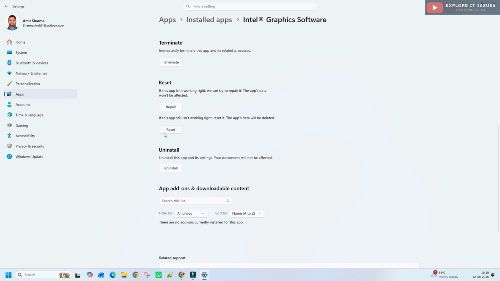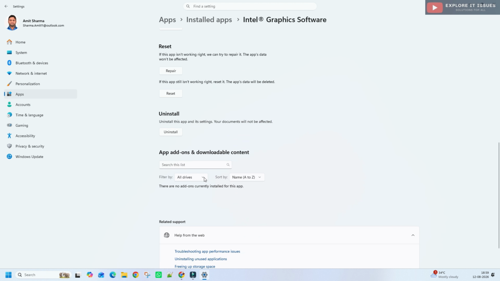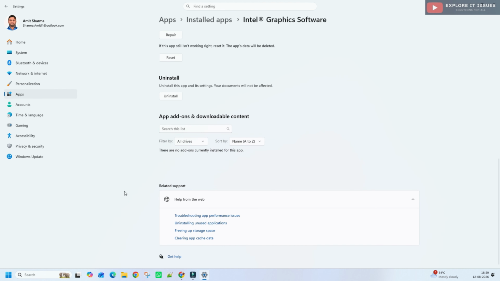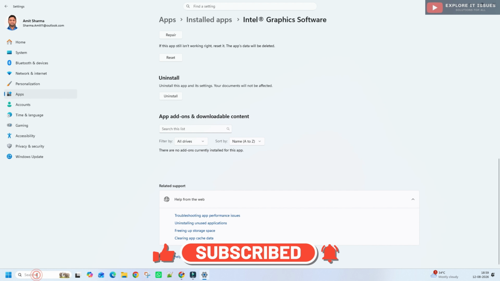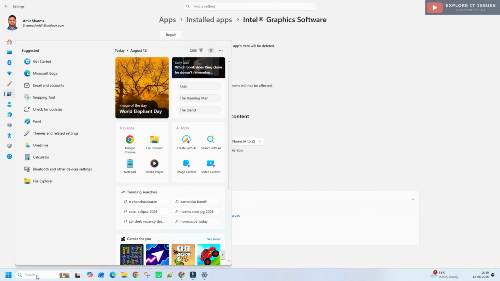Okay, and step 7, use clean boot to find software conflicts. Now we come to our more advanced troubleshooting step. If your PC is still slow and you suspect that a third-party application or service is starting with Windows and causing the problem, we can use clean boot. For using clean boot, you just press the Windows key and R. You can see the Run box here and you can type msconfig. Once you do that, you get a pop-up.